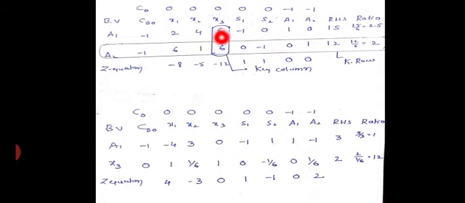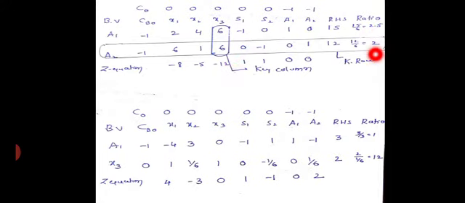For the key row, what you have to do is, in my key column, for the first row, second row, third row, fourth row: in this third row my key column element is 6. Similarly, for the fourth row, my key column element is 6. These two are going to be used for getting your ratio. This ratio is going to decide which is your key row. For that, you divide this RHS value by this element. Similarly, the same for the other RHS value with respect to the key column elements. If you do it, you are going to get 2.5 and 2.